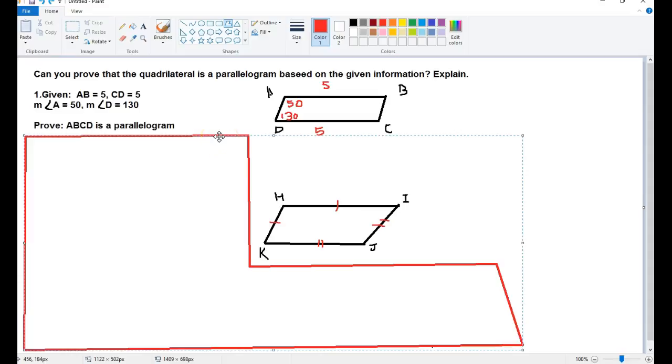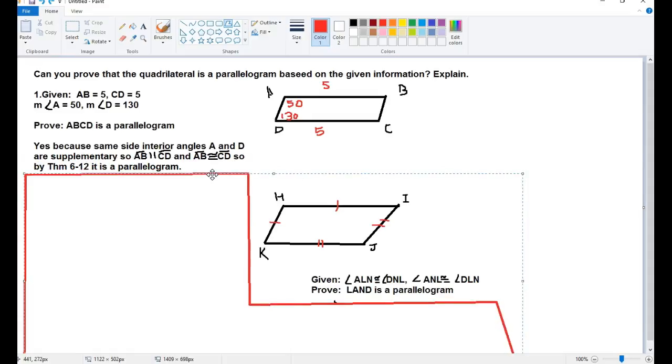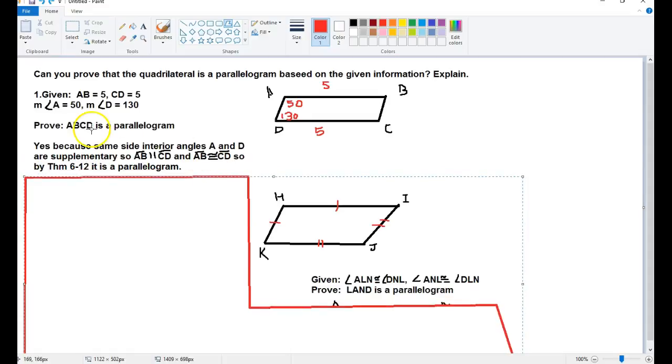Okay, for these 2 questions we're asked to see if we have enough information to show that these 2 quadrilaterals are parallelograms. So the first one says that AB and CD are both equal to 5, and A is 50 degrees, D is 130 degrees. Can we show that this is a parallelogram? Yes or no? Well, we can, because first off,